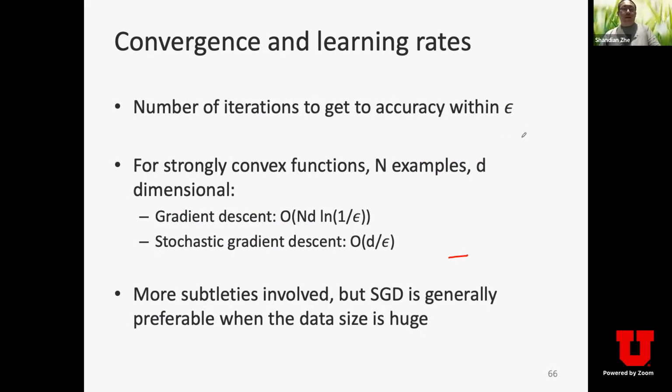So here are some results to show why, in a large data context, we would prefer stochastic gradient descent, right? Suppose we want our optimization accuracy to be within epsilon. What does it mean? It just means, okay, I want